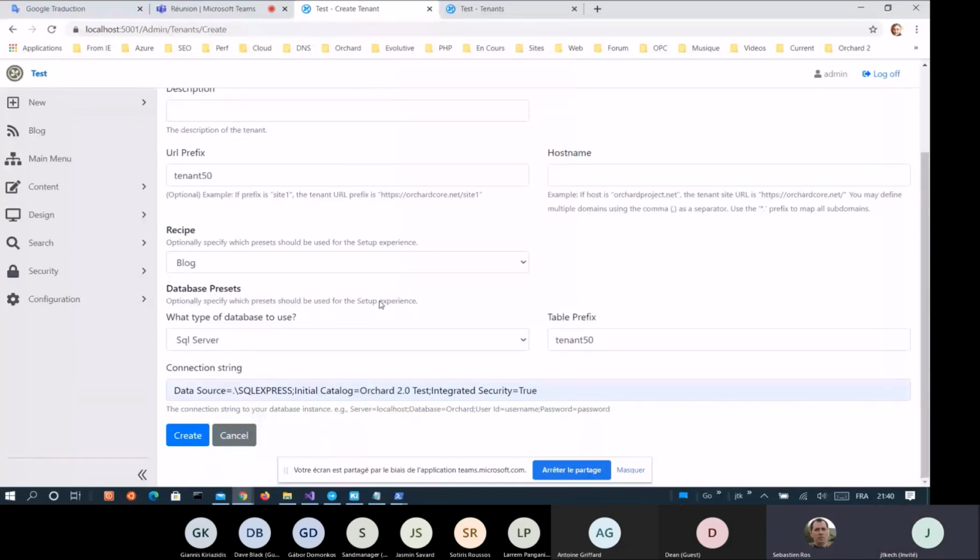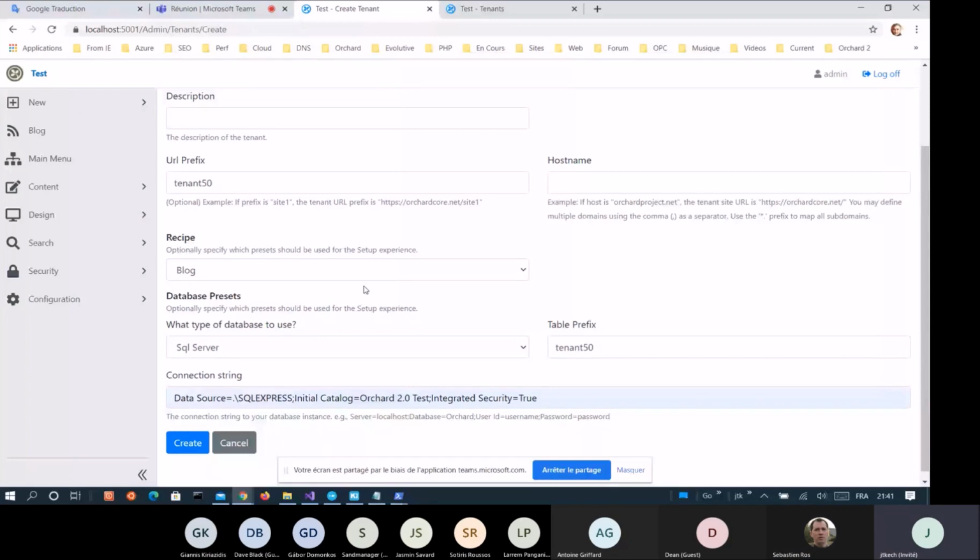You can use SQLite if you want in a non-distributed environment, if you just want content definition in database. But with SQLite, you are right. So all is okay. I create the tenant.